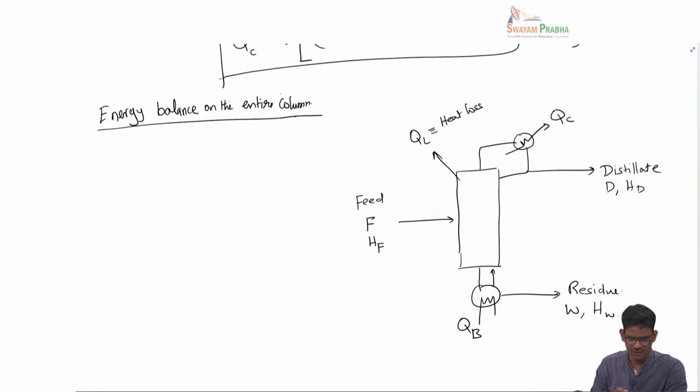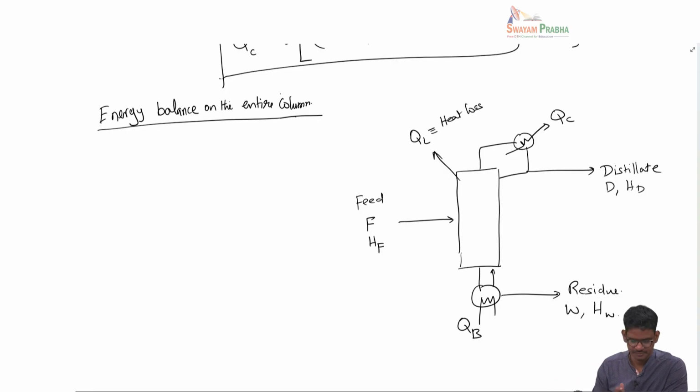So heat loss is not necessarily happening from the top; it is basically throughout the column. Heat loss is happening also in the reboiler, for the entire column. So here we can do the energy balance for the entire column, not paying attention to the localities and what is happening inside the column, looking at only the streams that are coming in and going out for the